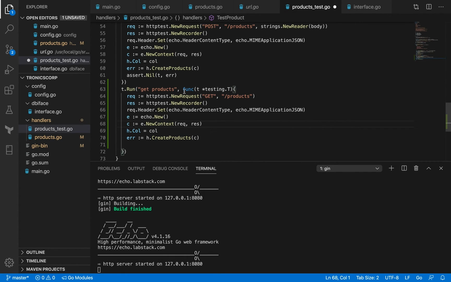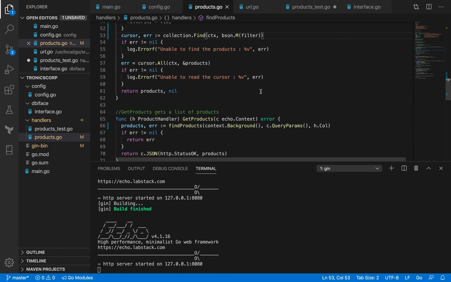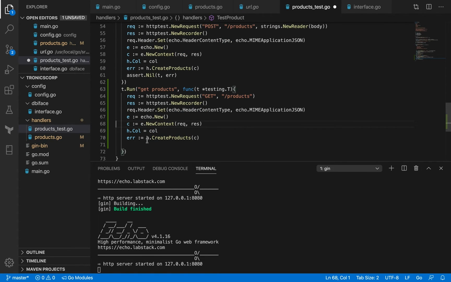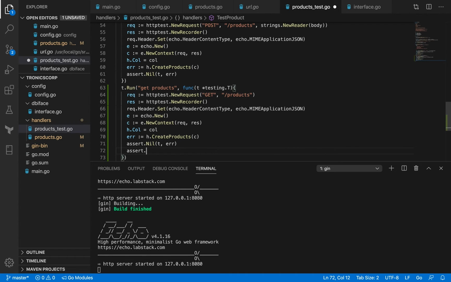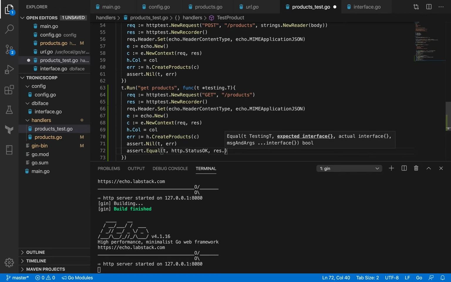But as part of this handler method, we are only getting errors. It is using the find products that gets a list of products, but a handler only returns error. So against error, we just have to check whether the error is nil. But there's another check that we can do, and that is against the response code. So we have this response, so this is expected. Expected should be http status, and this should be response